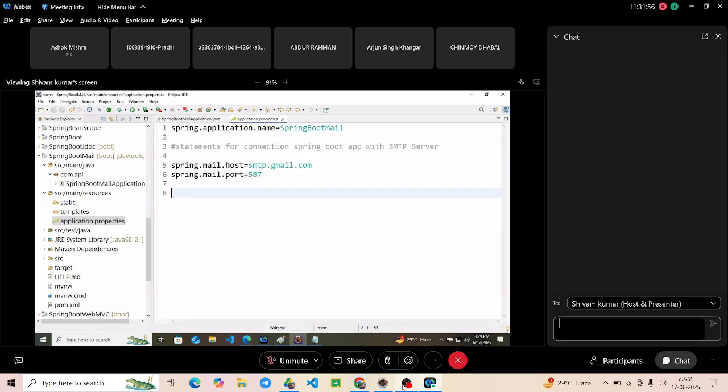So here I have provided the host and the port number. Isn't it looking like the driver class name and the URL? Yes, same thing we are doing here also. This is the driver class name. This is the URL where it is working. Second is